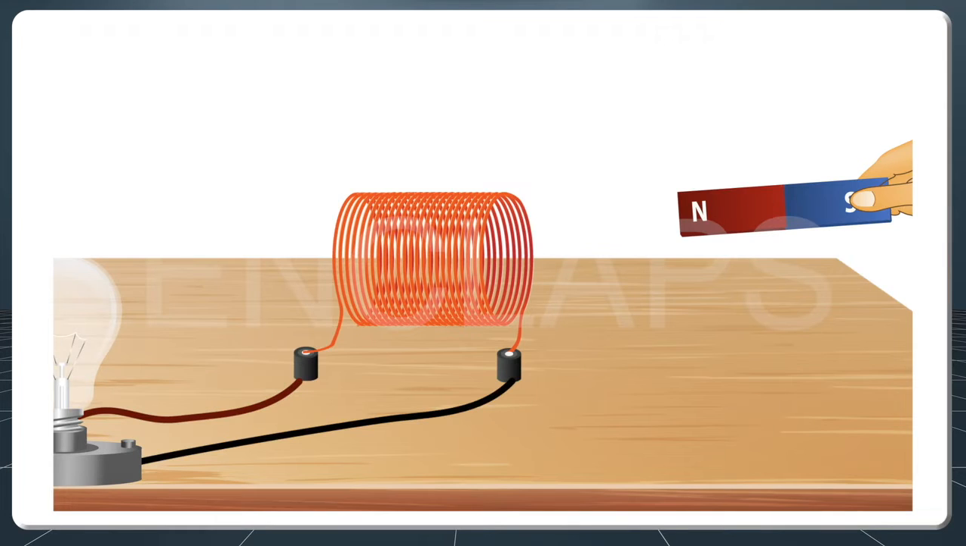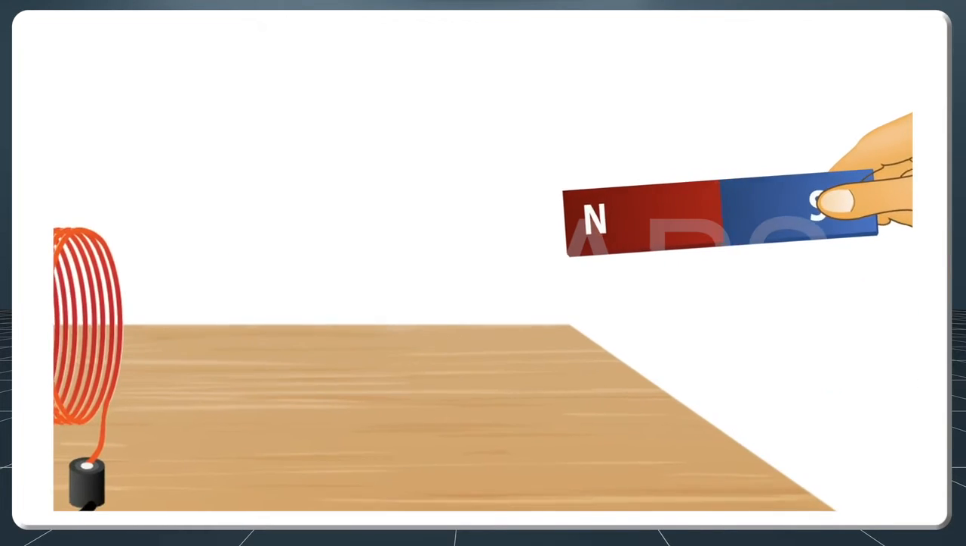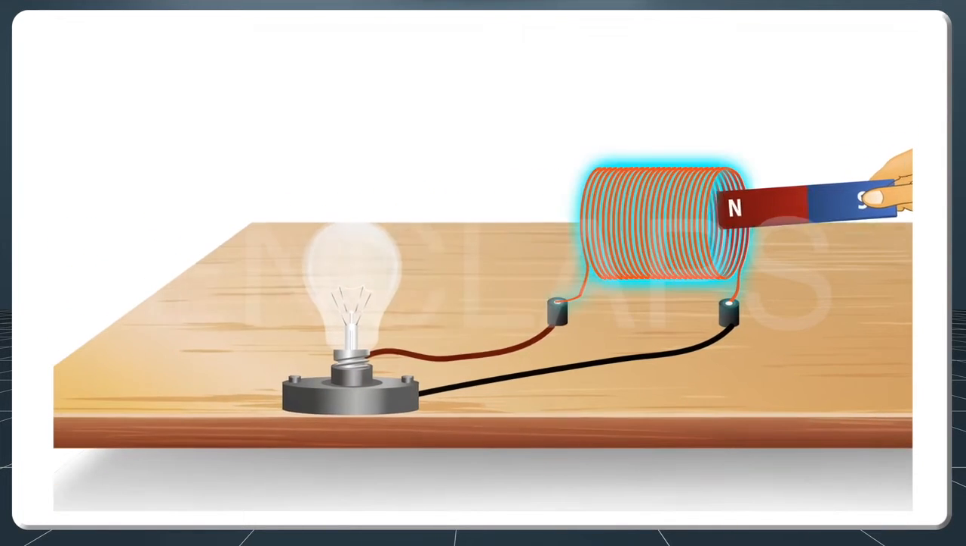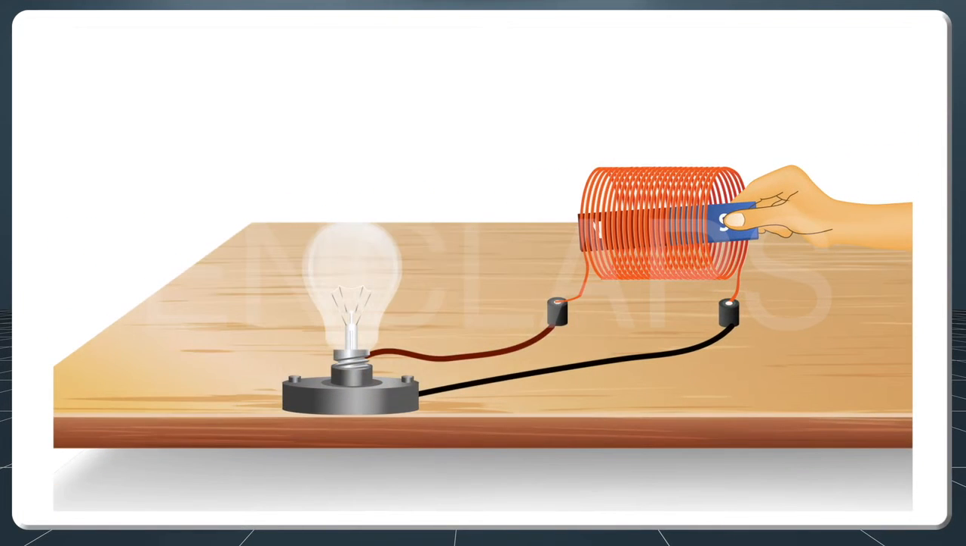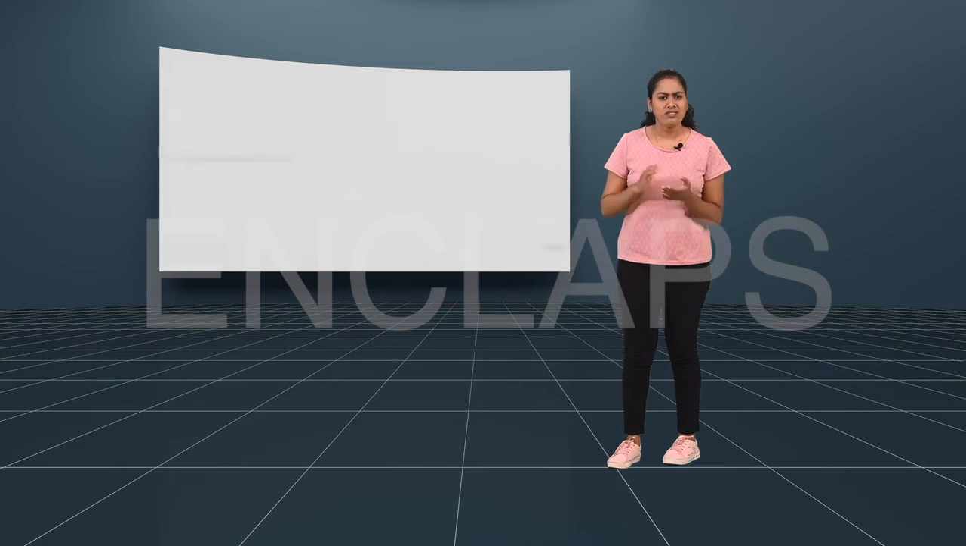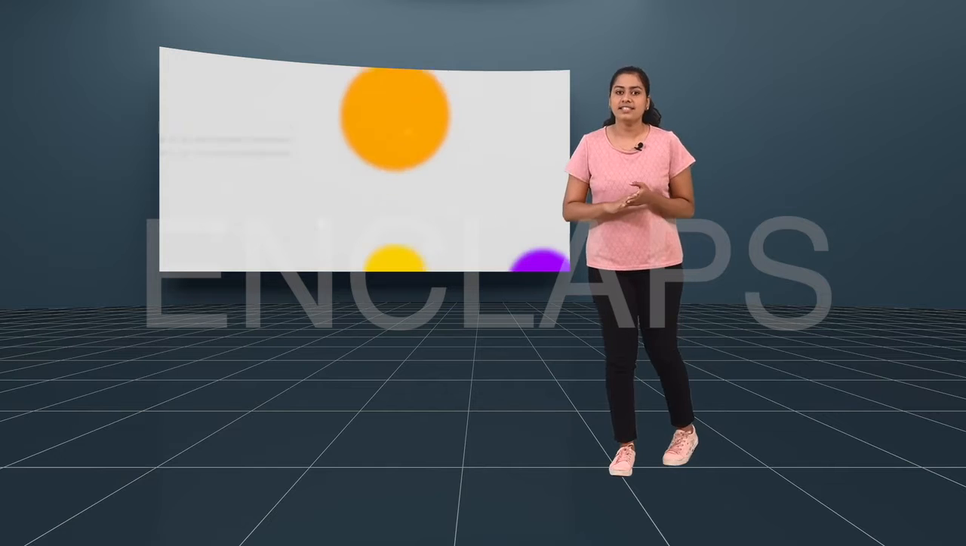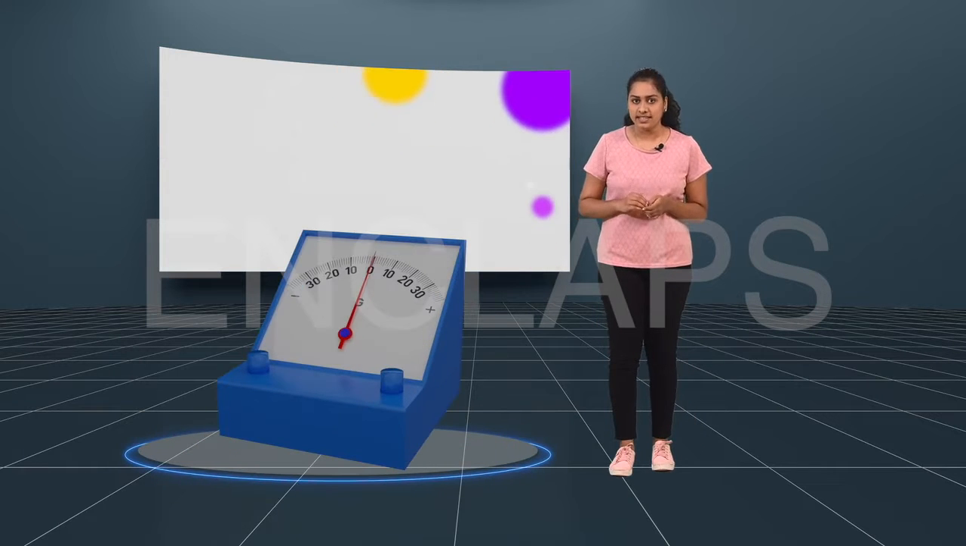Here, a magnet is moved into or brought towards a solenoid. At that time, the light bulb which is connected to the solenoid glows. But the bulb doesn't glow while the magnet is kept stationary inside the solenoid. Why is it so? Before discussing the reason for this interesting phenomenon, let's get familiar with a device which is